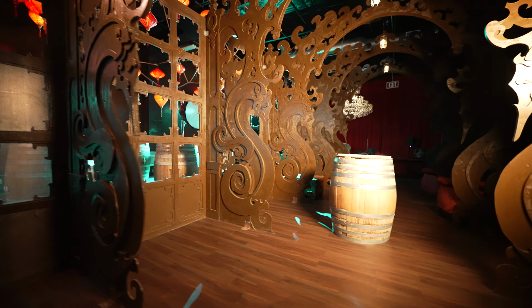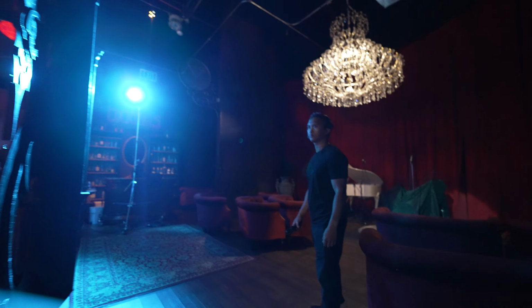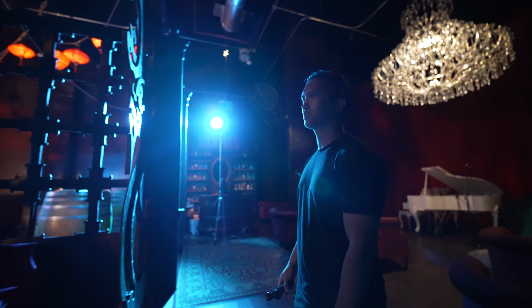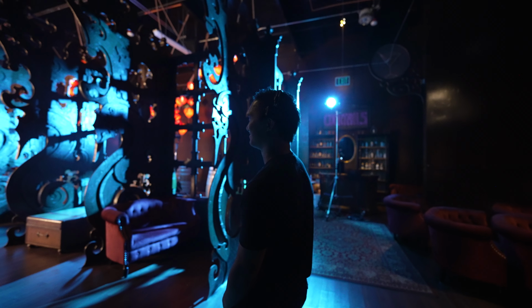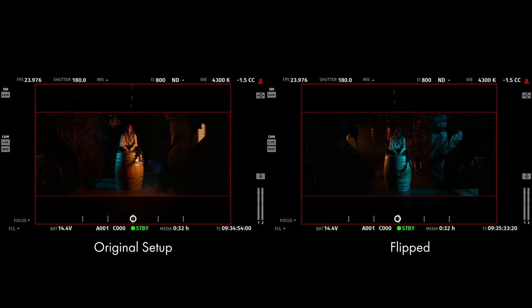As I was adjusting some of the backlights, I was walking around and noticed the set from the opposite side of the room, and I instantly froze. Oh, dang. It's almost cooler from this direction. The scene looked way better from the reverse angle, so I called over the director and my